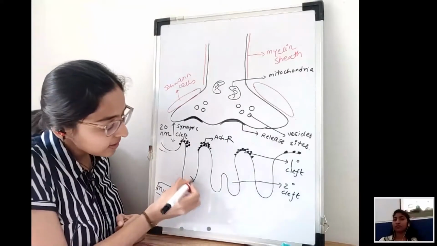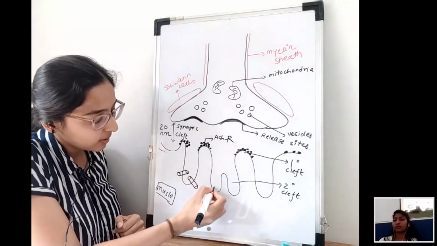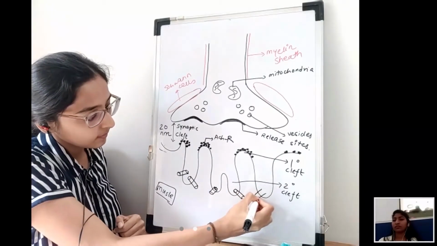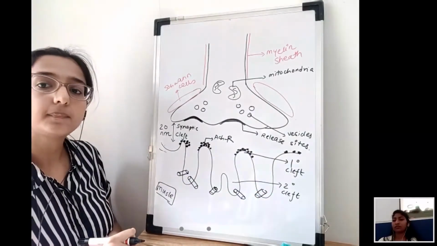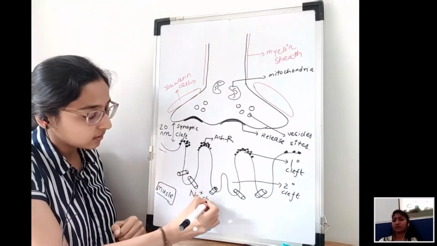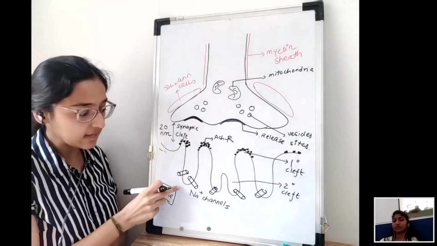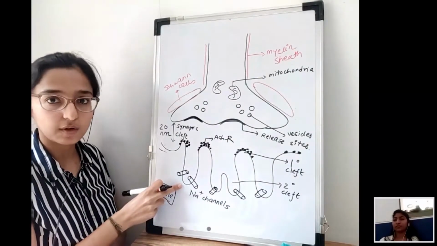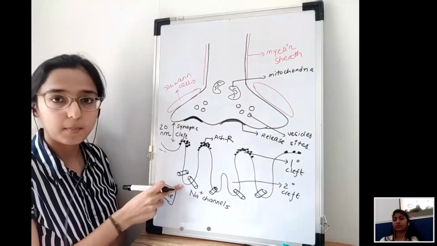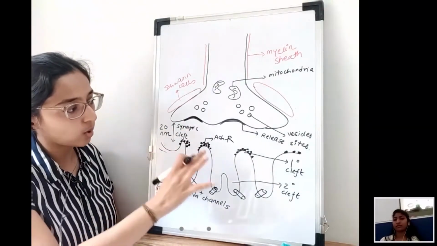Okay. Now I'm drawing something over here. What are these things that I'm drawing? Something cylindrical. Any idea? Correct. So these are sodium channels. The sodium channels are located at the base, at the bottom of the cleft. So you have to remember a few points: receptors are located at the top of the cleft, channels are located at the bottom of the cleft. All right. So is this structure understood, where is what located?